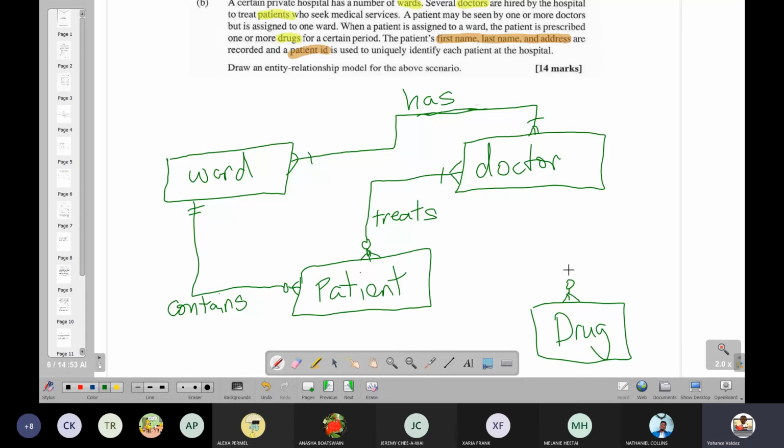And a drug, or actually no, they said that once the patient is in a ward, the patient is prescribed one or more drugs for a period. So, right, according to what they say, we have one or more drugs, and a drug could be given to 0 or more patients. So a patient is prescribed